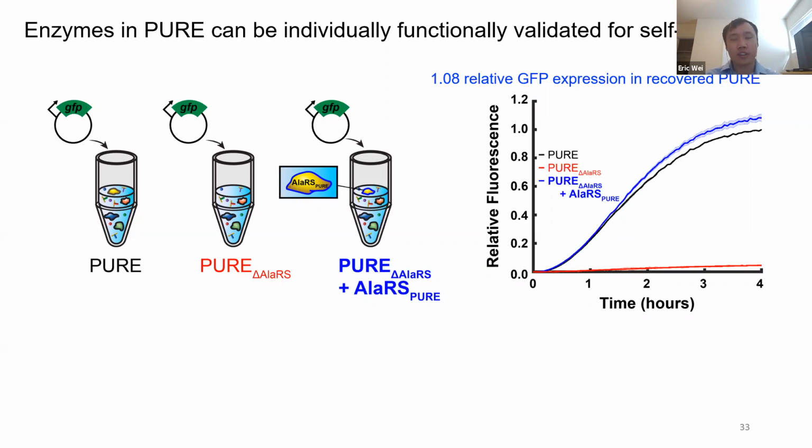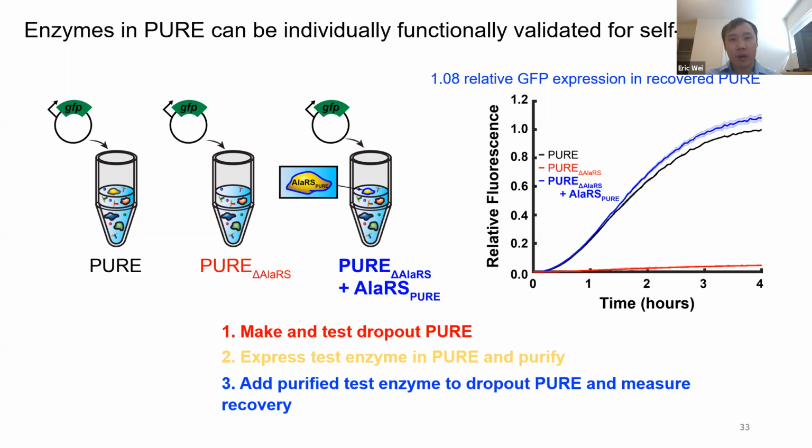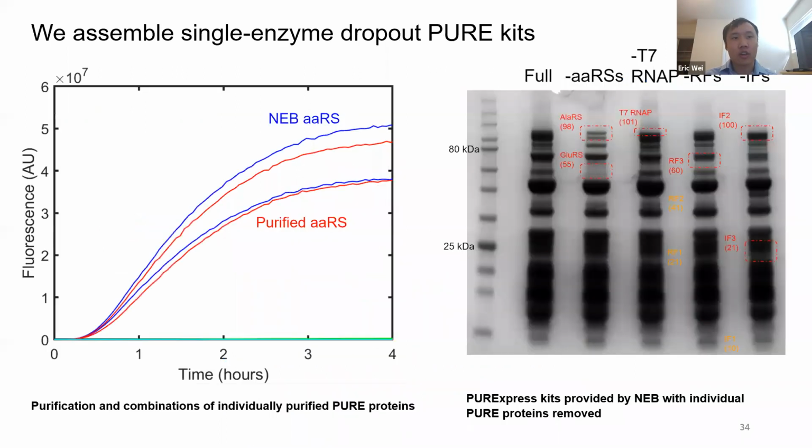So if you want to abstract this process out to all of the single enzymes in PURE, the process would be to first make and test each type of dropout PURE, express whatever you want to test in PURE and purify it, and then add the purified protein back to the dropout PURE and measure the recovery. So in order to get these dropout PURE kits,